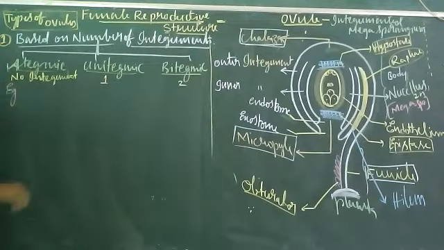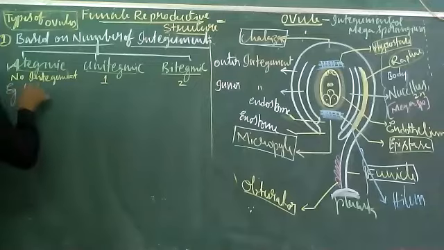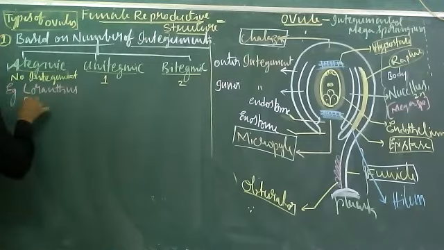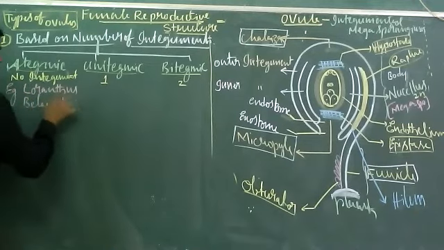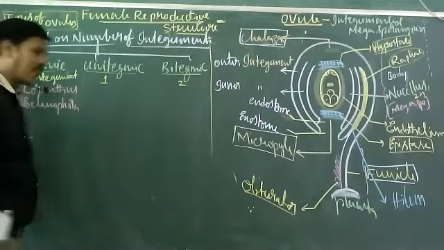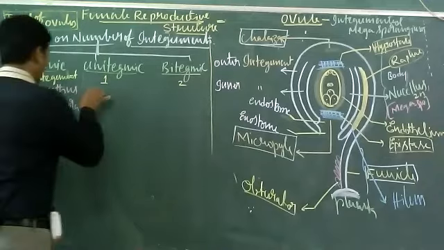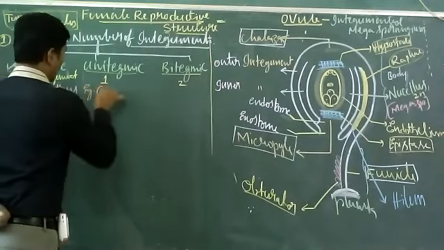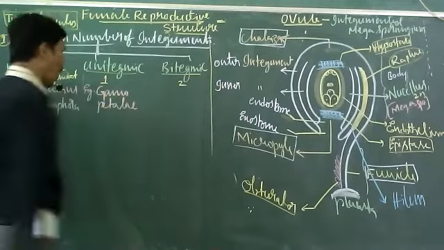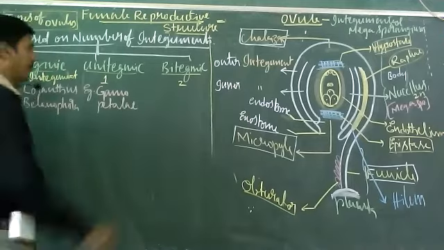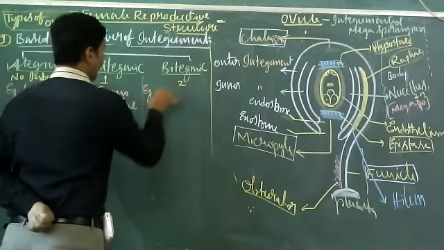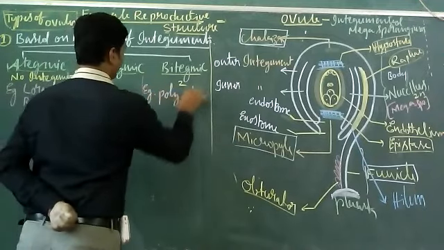Examples: Loranthus, Balanophora. Unitegmic: all gamopetalae members. Bitegmic: polypetalae members